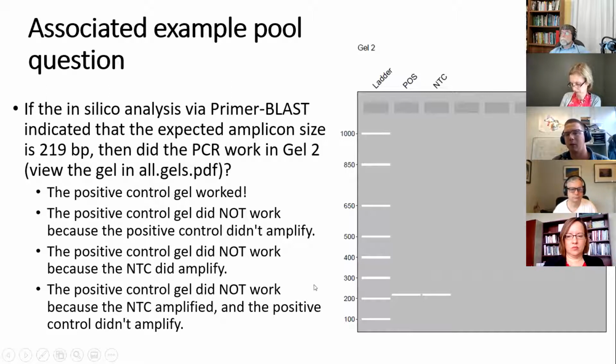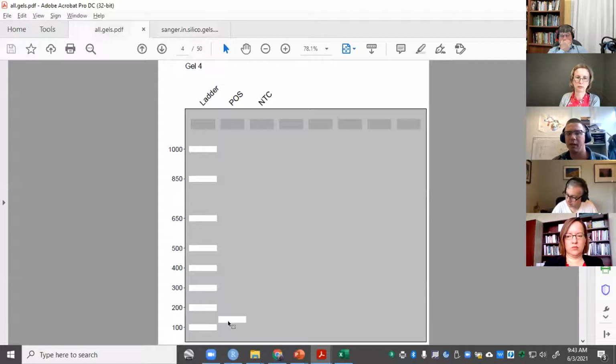219 base pairs. If you look at the ladder, it is a set of DNA fragments of known size. So 100, 200, you should see a bright band just above the 200 line. And so this might have worked, but it depends on the question. If the question gave some number that wasn't somewhere between 100 and 200, then it could be